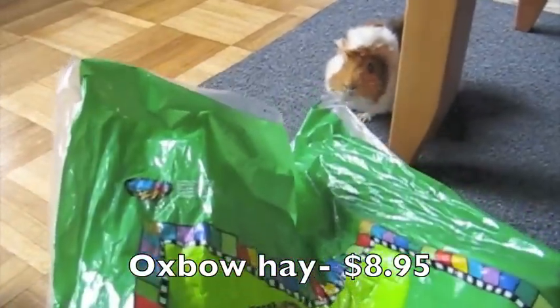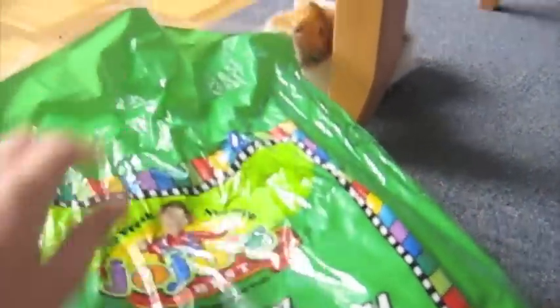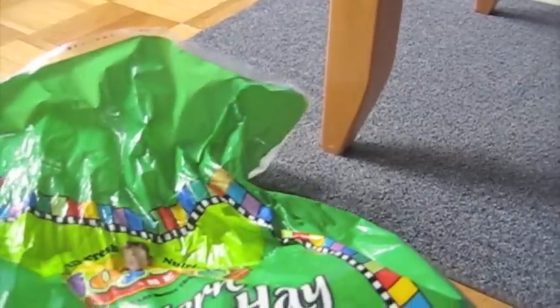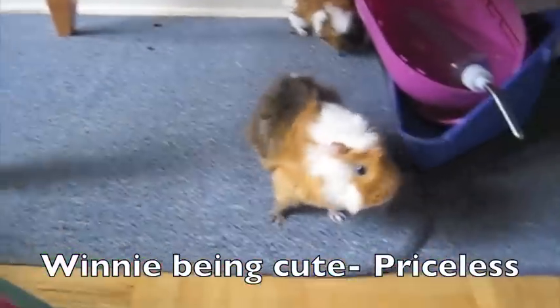Winnie! Hey, don't be chewing on that. You can have some hay after. Shoo! You are such a troublemaker, you know that? And you're silly. Just going off to bug the other pigs. Eh? Okay, so,